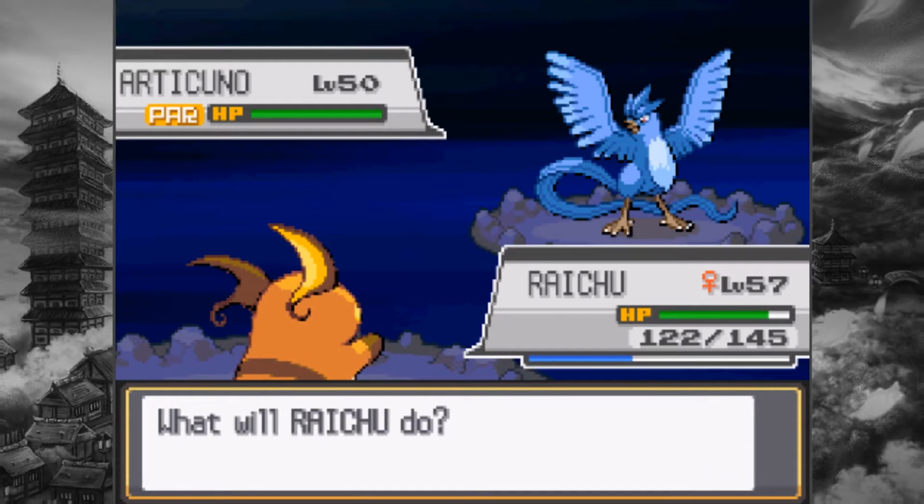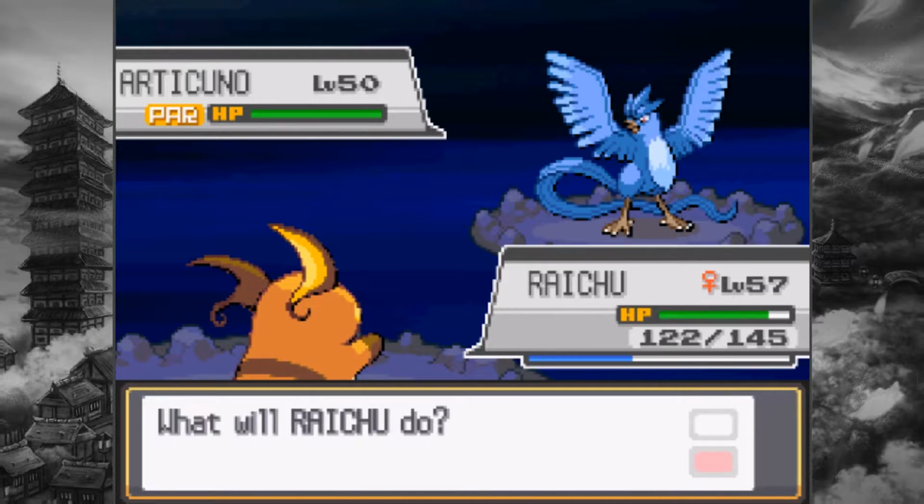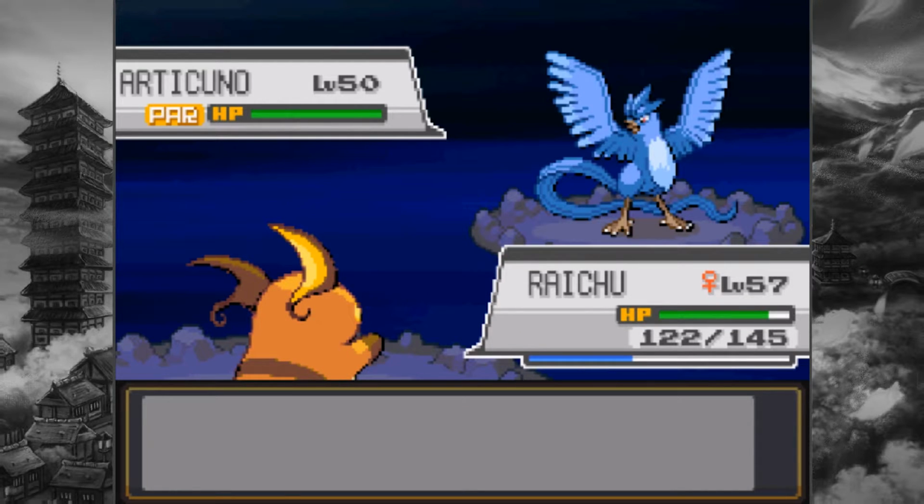And there were no double battles, so there was no getting around that whatsoever. You had to switch into a fire-type if you were lucky enough and have it thaw out for you. Otherwise, you were done for. You honestly could not do anything else. Much like how I can't do anything else with...